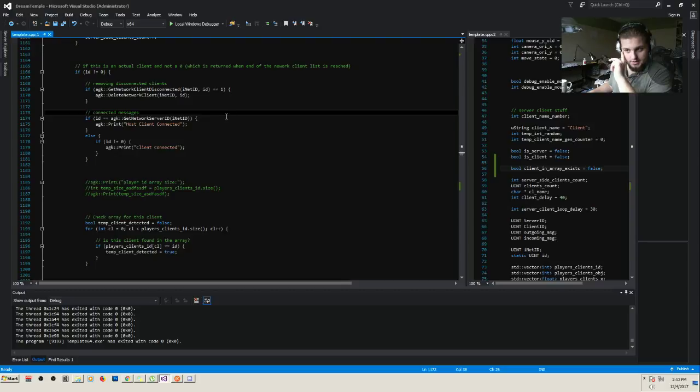Okay, so we get our delete network client. So this deletes the network client, and we still have the ID. So this is the actual client. We check if the client with the ID,